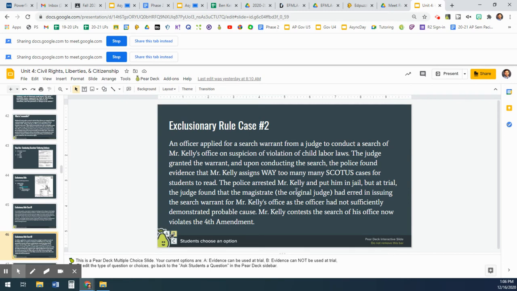However, the Supreme Court has ruled that regardless of the incompetence of the original judge, once that search warrant is issued, it cannot be altered and it cannot be thrown out as a result. So it doesn't matter if the first judge made a mistake. Once that search warrant is issued, it gives that cop the free ability to search the residence or whatever the warrant prescribes.